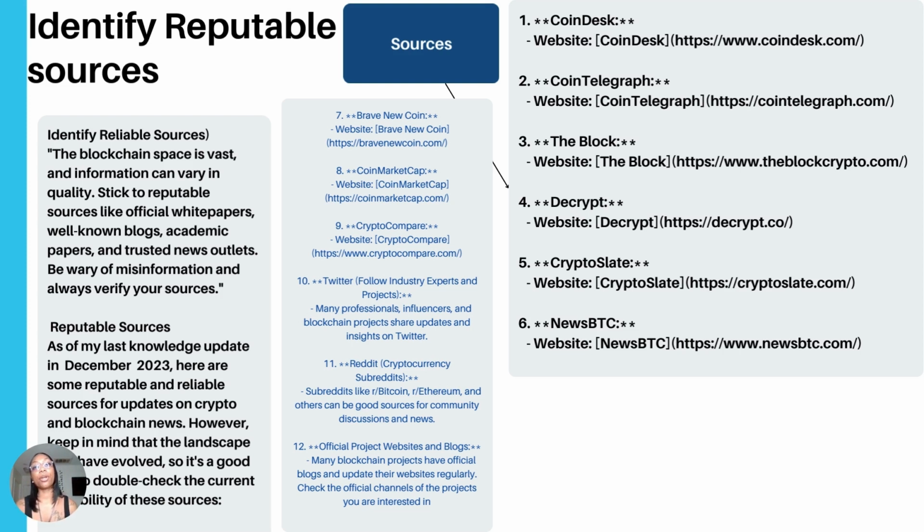Okay, so I put up here CoinDesk. A lot of crypto enthusiasts or blockchain researchers know about CoinDesk. Cointelegraph is another one. The Block, Decrypt, Crypto Slate, News BTC. You have the Brave New Coin, CoinMarketCap, CryptoCompare, Twitter. If you are into this space, Twitter would be one of those leading places that you can get verifiable information from